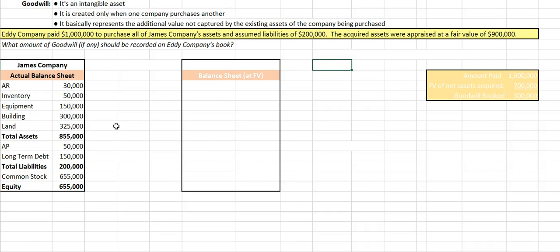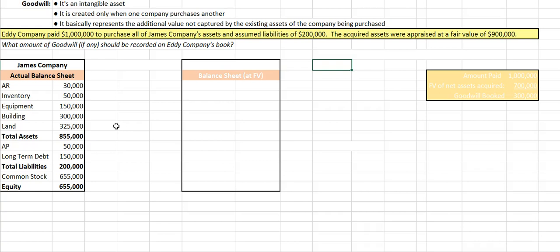Anybody could say, hey, I have net assets of $1 million, but my company is worth 1.2 million. But there's no reliability in that information. However, when another company purchases that company for the $1.2 million, now there's reliability, right? Because you have a purchaser that was willing to pay extra. So in that case, you have a reliable transaction that attests to the fact that this company has some goodwill in it. In other words, it has an intangible asset in it that was not captured before by their books.